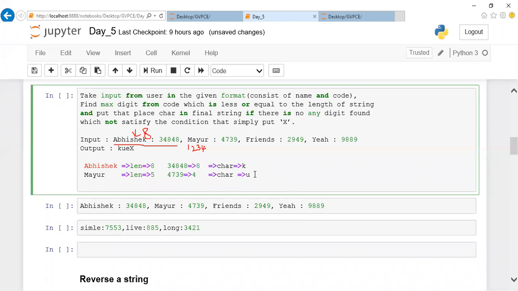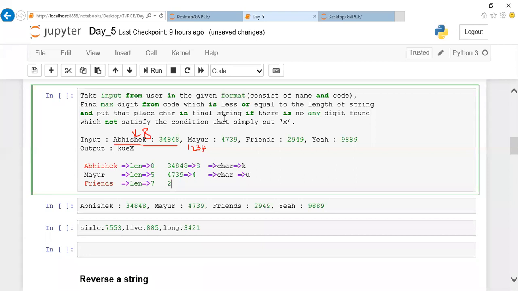Next is friends. Friends. It is done. What is the length of this? Length of this friends? It's 7, right? So you're supposed to take 7. Guys, this explanation, they'll never give this. They'll give you only this question, and only input and output will be given. This sequence you're supposed to understand by reading the question. Okay. So 7 is the length of a string.